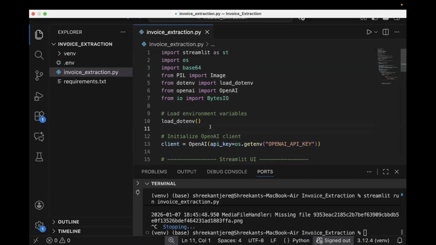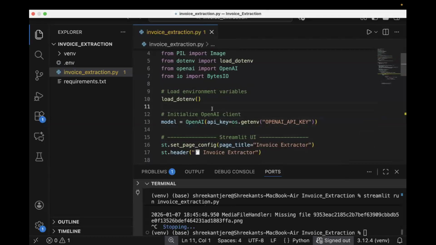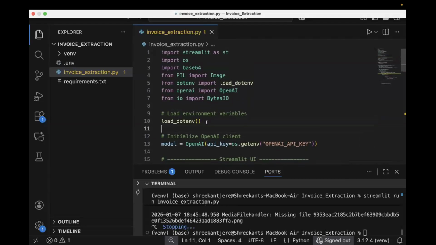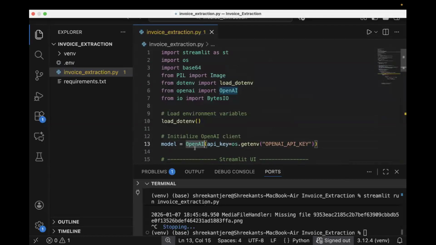Okay, now you need to create the model instance. Here OpenAI is a class name. You need to create the object of this class so that we can call the API functions which are written in the OpenAI class. So model equals OpenAI, and when creating the object,